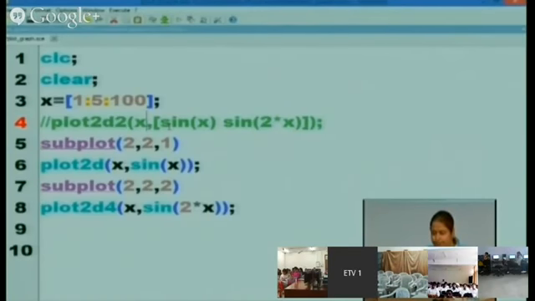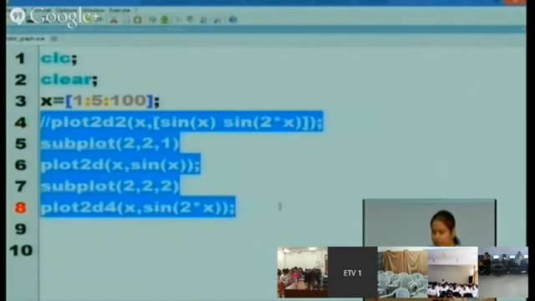Then let me erase it. So here we can get the size of this x. Now this command will return the size of x in terms of number of rows and number of columns.